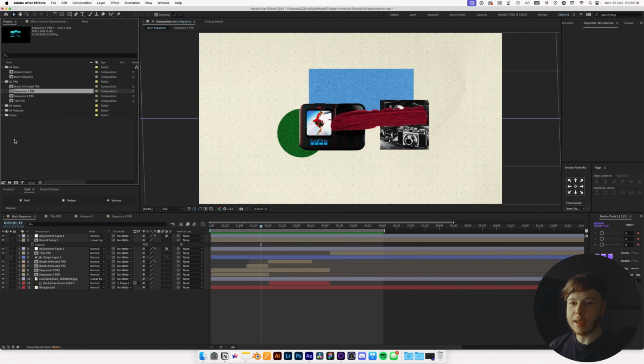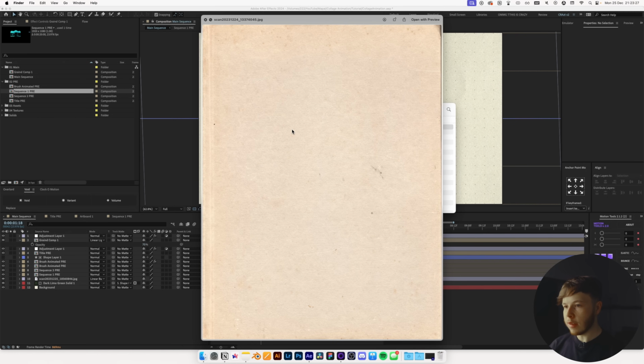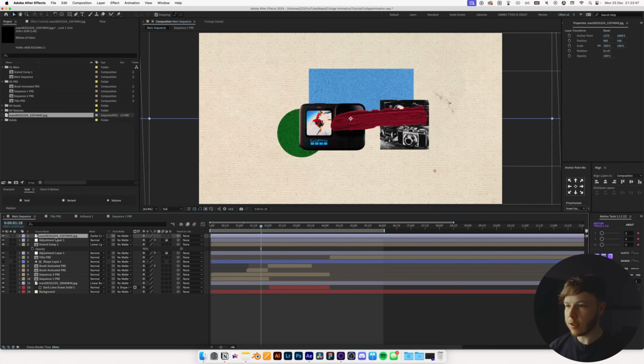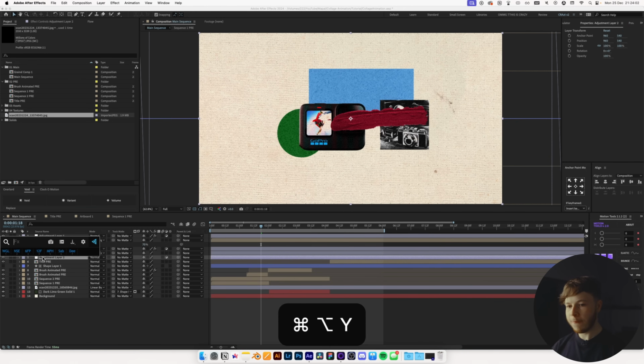And we can add a little bit of extra texture on top, just a final little overlay texture. So go into my texture scans, maybe this first one is pretty sick. Let's see what that looks like. Mess around with the blending mode. I think darker color is pretty cool. I like the look of that. And we can even go in and move that below the transform so it gets a little bit of that movement as well. Go right below that, hit Shift Command Y to add an adjustment layer,